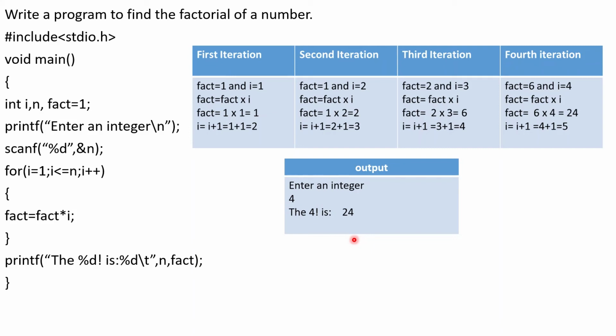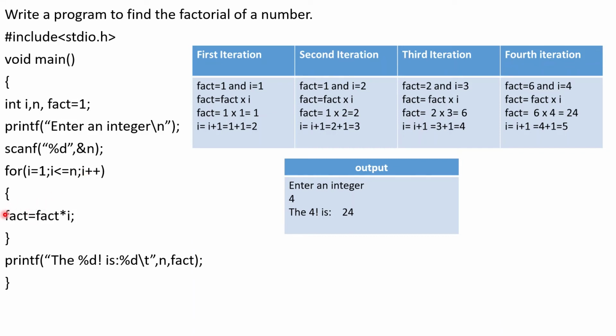Now I have made use of a for loop to perform the tasks. First, for I equal to 1, as we have seen in the previous slide itself, the second operand starts from 1 and it moves up till the n value, that is the number which the user has given. So I is initialized to 1. Then it will check the condition whether I is less than or equal to n. I is 1, so 1 is less than or equal to n. N I have given as 4. So I less than or equal to 4 is true, so it will come inside the loop.